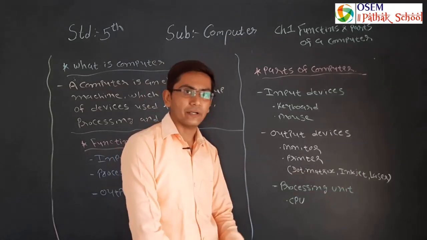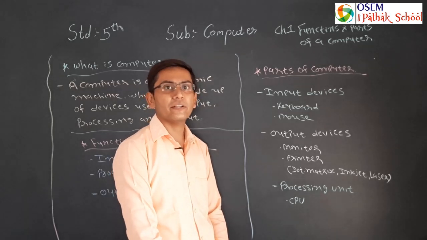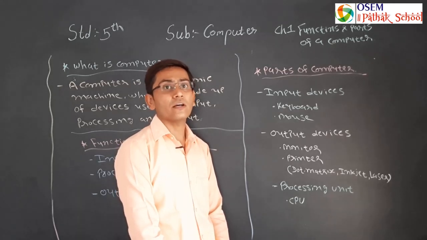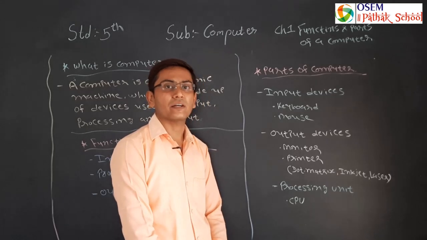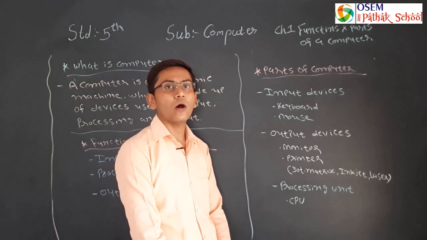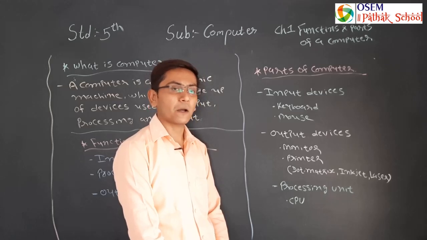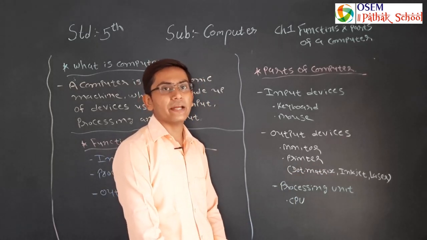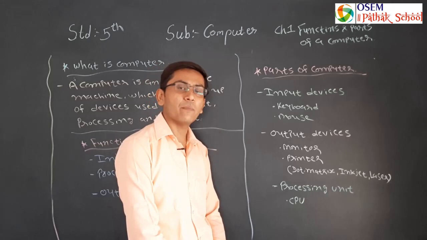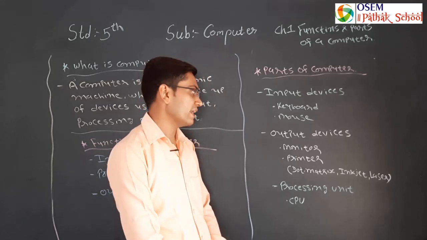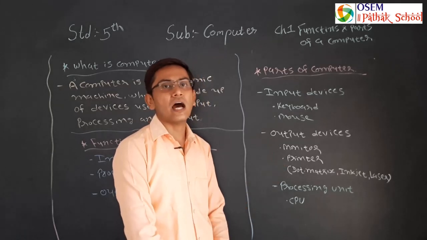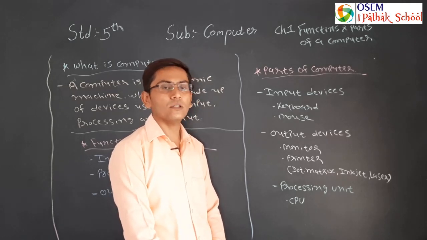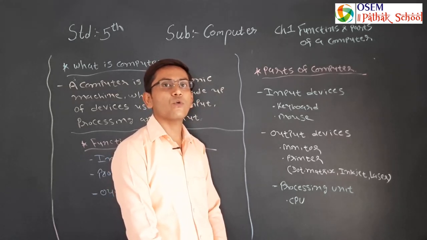Next one is laser printer. Laser printer uses laser beam technology. It is costlier than dot matrix and inkjet printer, but the quality of our document is greater as compared to dot matrix and inkjet printer. So as per the requirement, all the three types of printers are available nowadays. So in short, we can say monitors and printers are used for output. Monitor displays soft copy output, while printer is used for hard copy output.